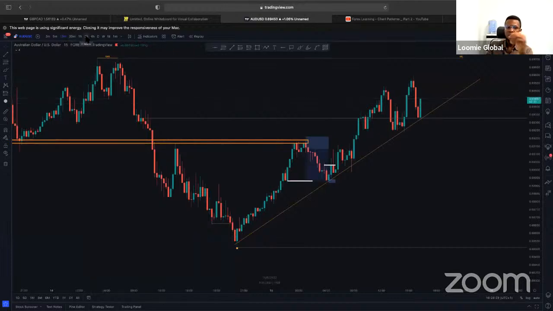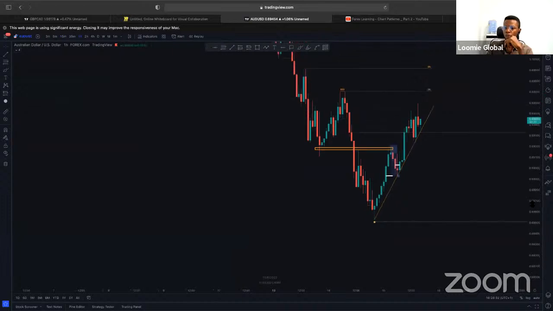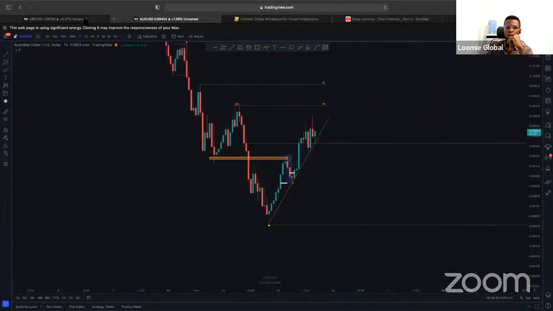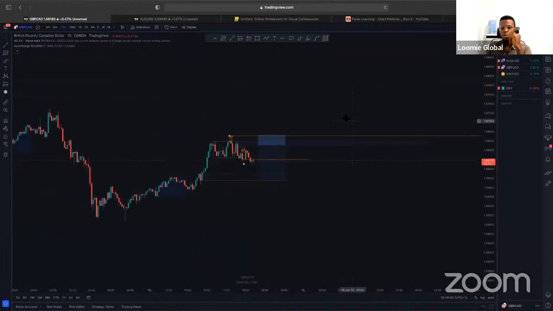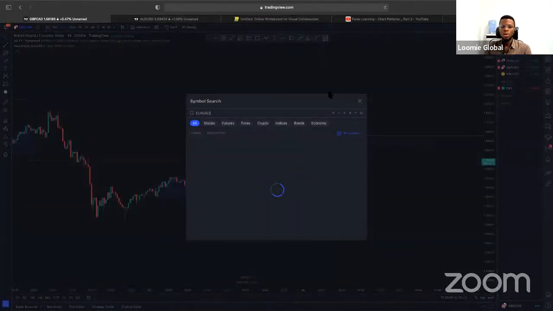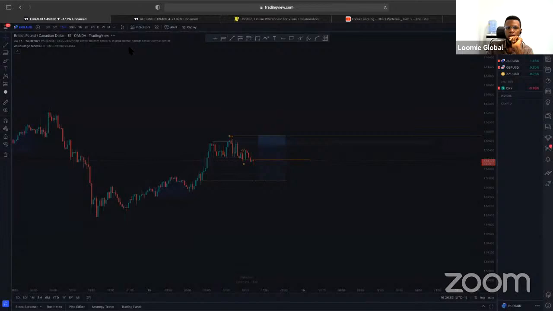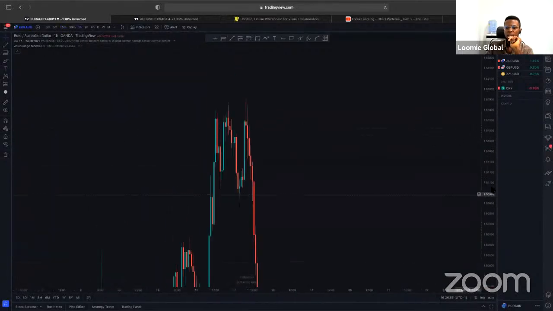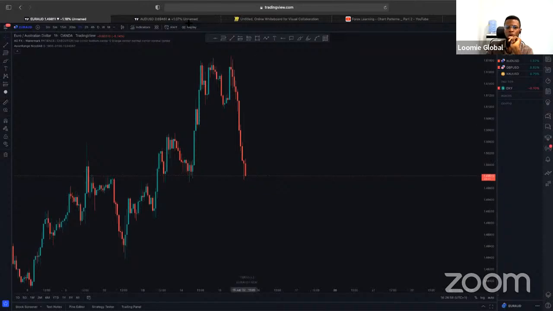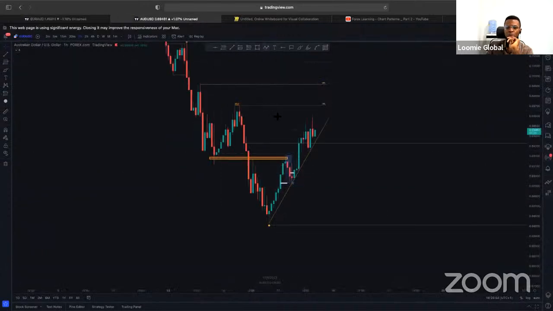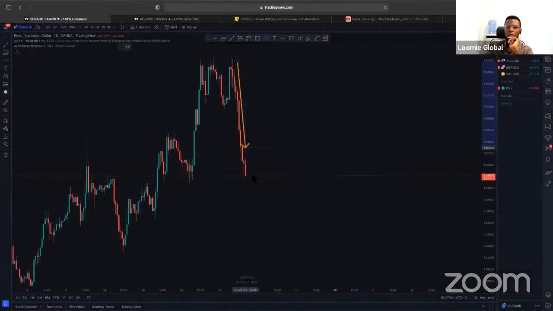So we're on the 15-minute time frame. Let's go to the 1 hour on AUD/USD, and then let us check out Euro AUD and switch to the 1 hour. And you can see that the exact same thing that we just saw is happening here. So we have this period of bullishness on AUD/USD on the 1 hour, and we can see a conversely, negatively proportional period of bearishness on Euro AUD, because they are negatively correlated.